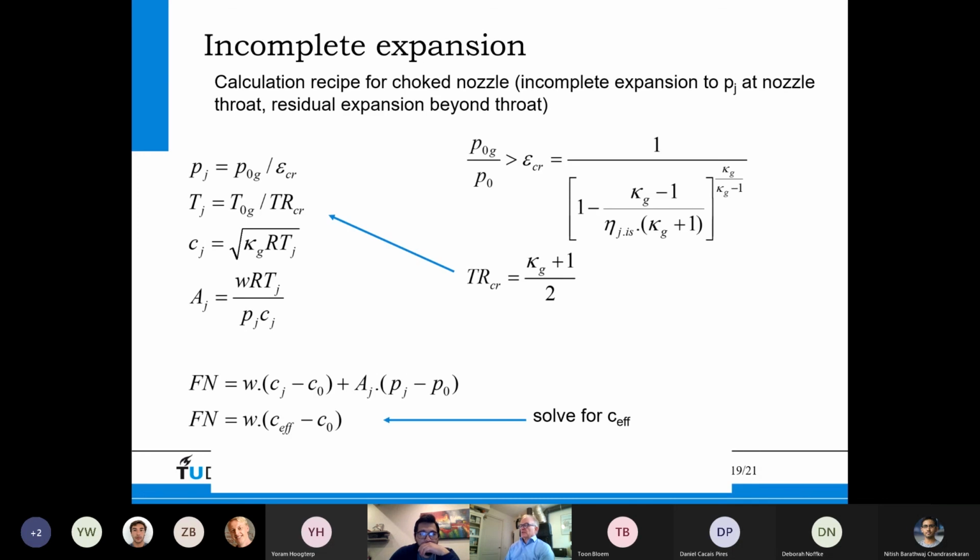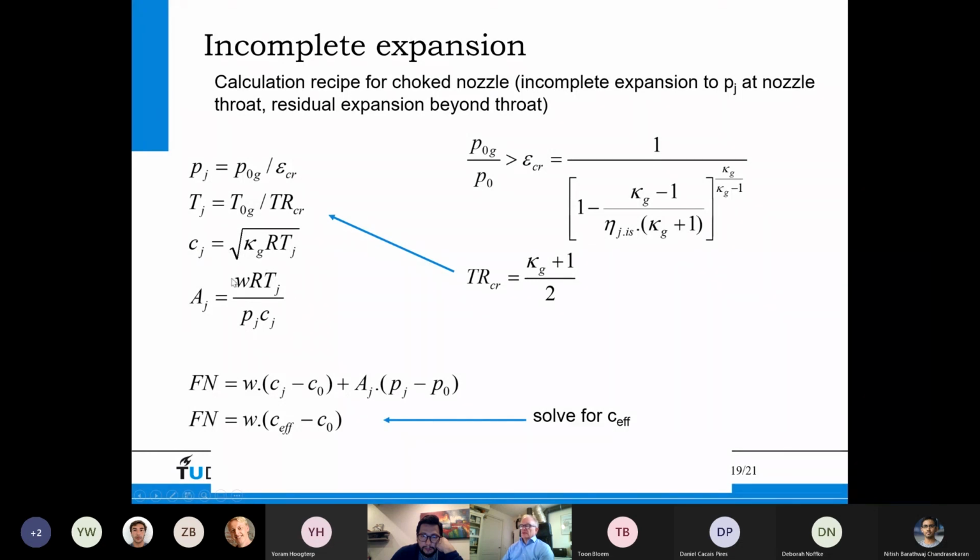So for incomplete expansion, you assume that the pressure ratio is supercritical, and you calculate the critical pressure ratio like this. Then you assume it's supercritical, so the critical temperature ratio is this one, and because you assume it's supercritical, you can calculate the jet velocity in the throat as sonic, which is the sonic